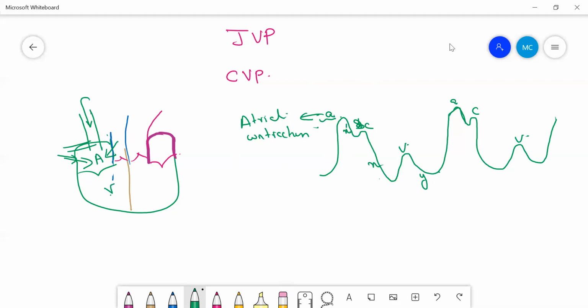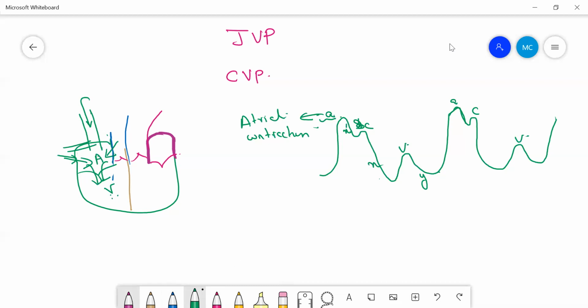Okay, and next comes the C wave. Before coming to the C wave, you have another wave, this X dash. In most books, you just have these three positive waves, ACV, and two negative waves, X and Y. In some books, you also have this X dash. X dash is a fall in the pressure inside the right internal jugular vein. This is because after this atrial contraction, the blood will flow from the right atrium to the right ventricle. Because of this blood flow, there is this X dash.